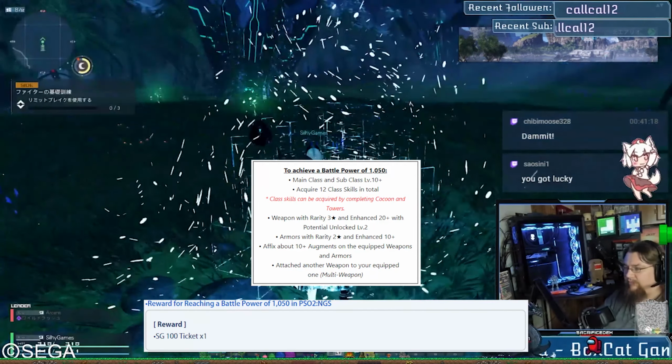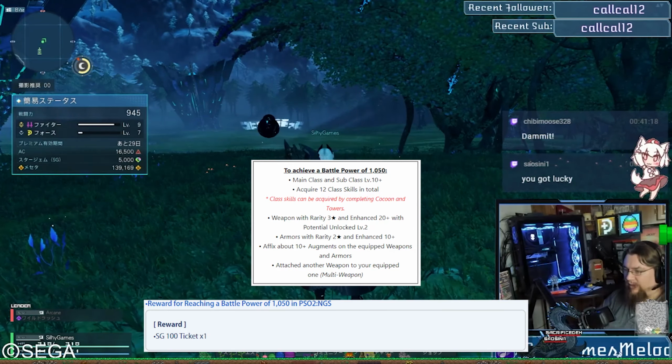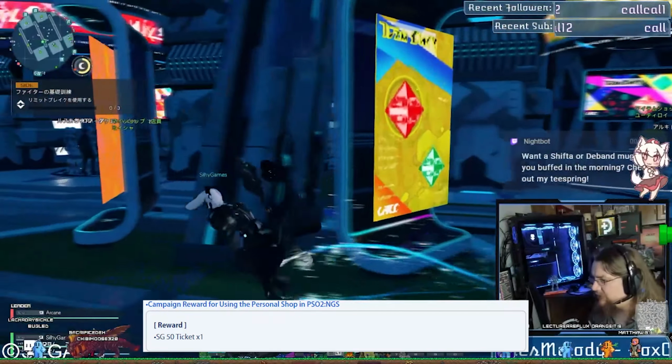Just make sure to check your status here and there just to be certain. Using the personal shop is self-explanatory. In JP, there were some issues affecting the player shops that kept them from working altogether, so just try to